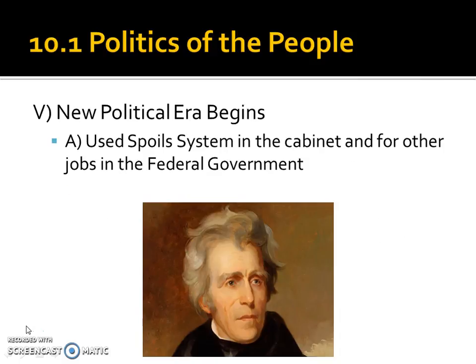So we get to a brand new political era, what we call Jacksonian democracy, and as a quick review, it is because the more average people could vote, we ended up with larger constituents, and populism begins to spread. And Jackson starts this idea of the spoils system in our government, and this is the idea that to the victor go the spoils. He won the presidency. Shouldn't he choose his supporters to be in his cabinet and to have federal jobs in the federal government? So just like President Trump, when he ran the presidency, he puts his political supporters in cabinet positions. So this could be considered either positive or negative, depending on your perspective.